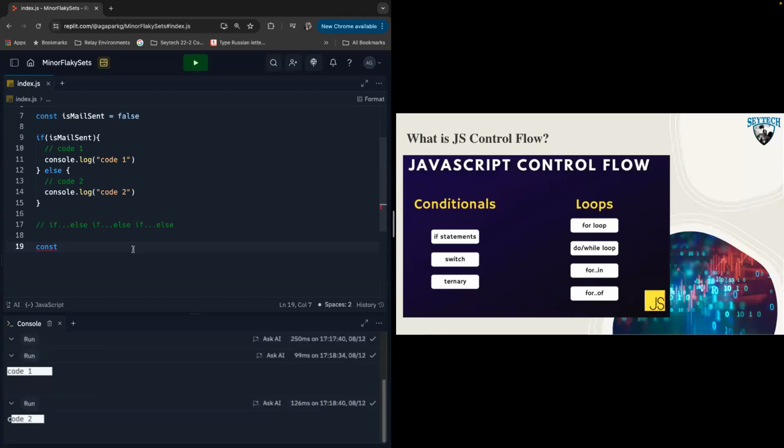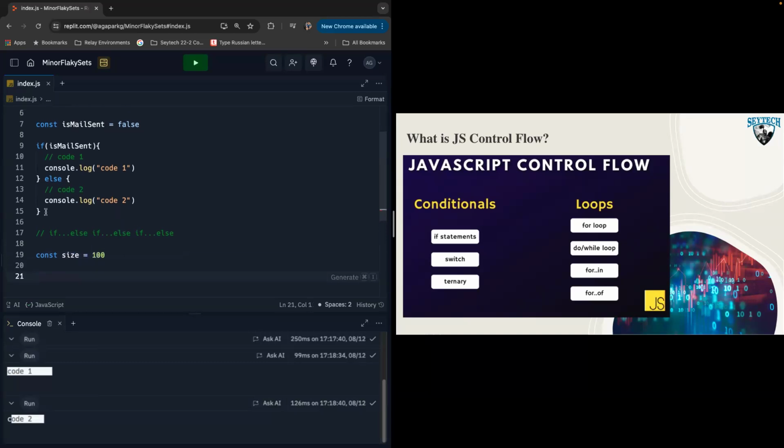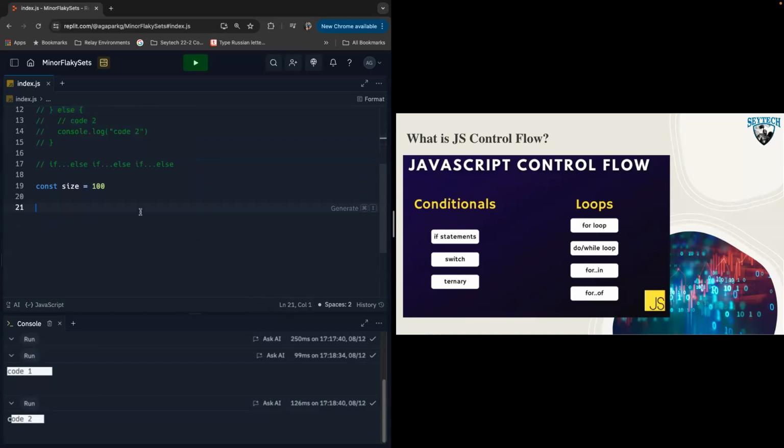So let's take a look at the constant size, for instance, 100. I would like to comment this one out, and I'm going to say if size bigger than 100,